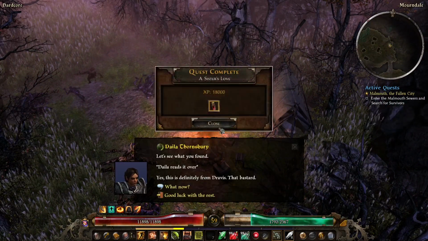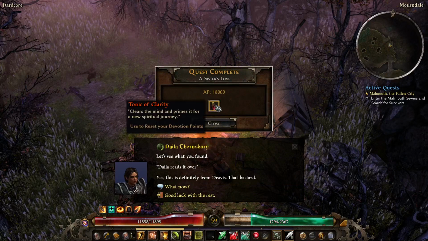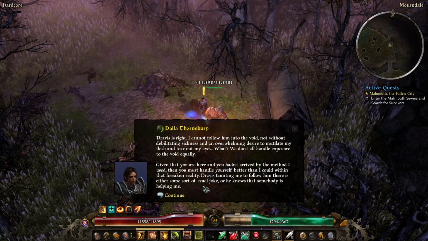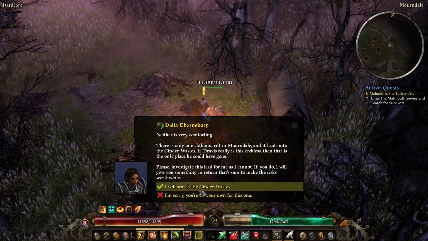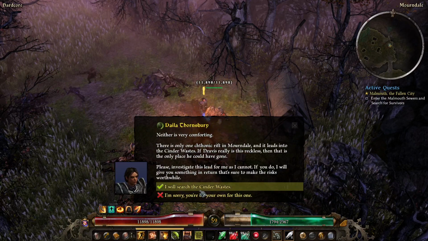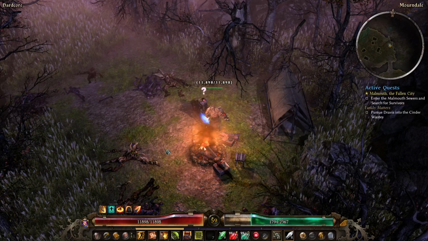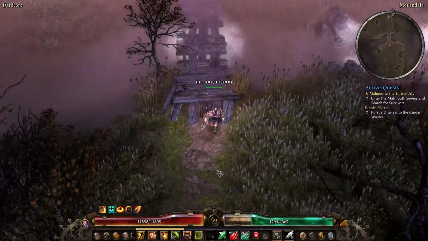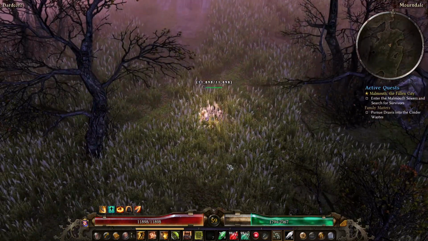This is what we're looking for. She gives you tonic of clarity. This tonic of clarity, if I remember, I'm going to take that. And what now? Continue. There's one chthonic rift in Morndale. It leads to the center of waste, if Raven really is reckless, and that's the only place he could have gone. So we're going to go into there. We were just past it. So, anyway, we are going into that rift, and then if we do this right, we'll have enough time to